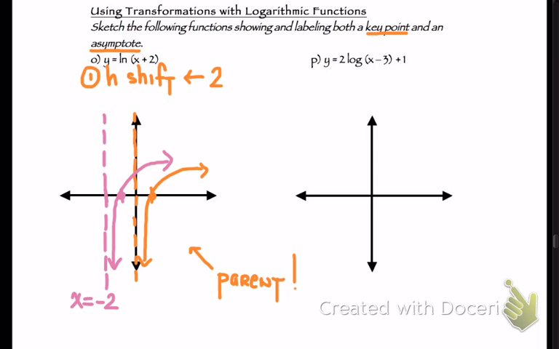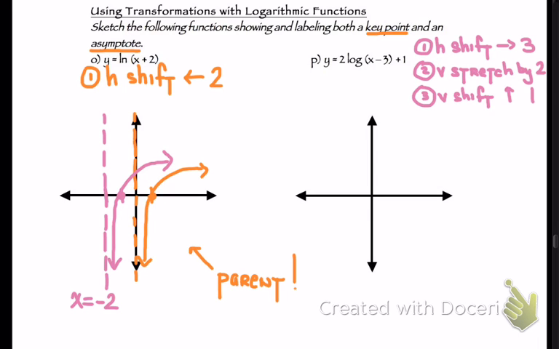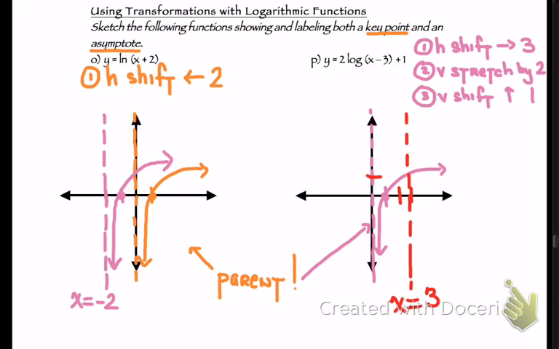Okay, letter P. Three transformations. Come on, you better know these by now. Draw your parent function. There it is. So think about this. If I shift my asymptote right 3, I know it's going to move to x equals 3. If I shift my point right 3,